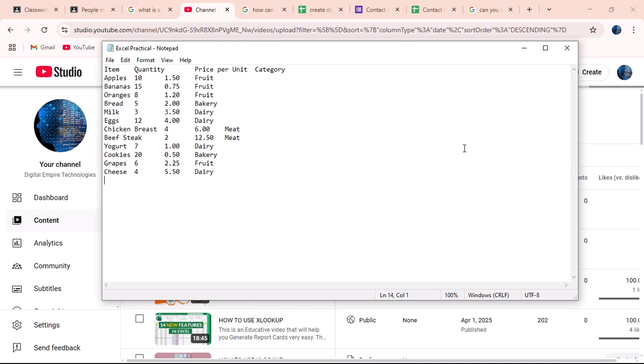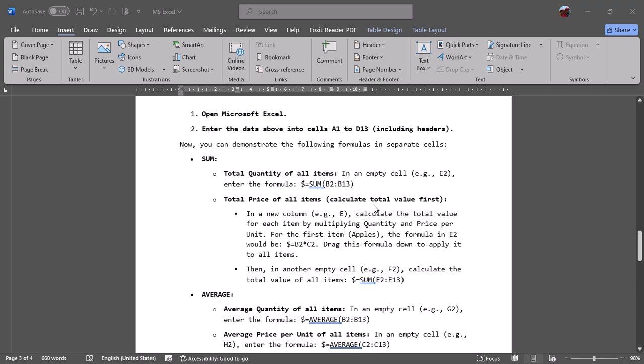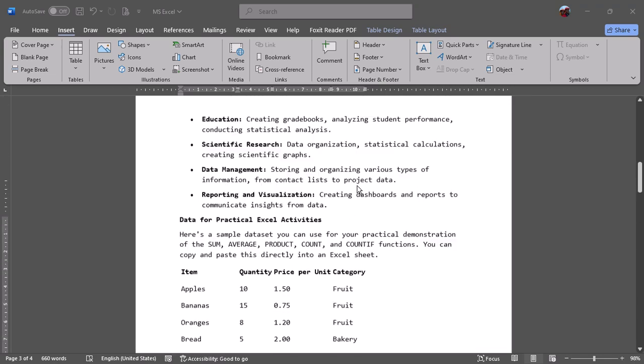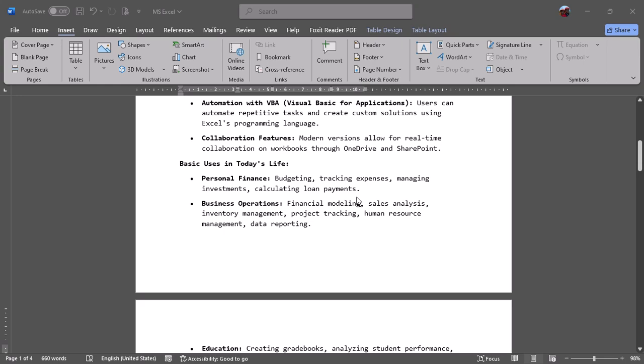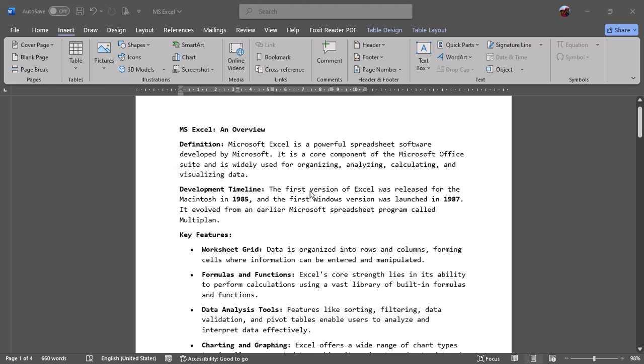All right, we are going to look at the introduction to Microsoft Excel. In today's video, we are going to focus on five key things. We are looking at five skills in Microsoft Excel, but before we get to that, we need